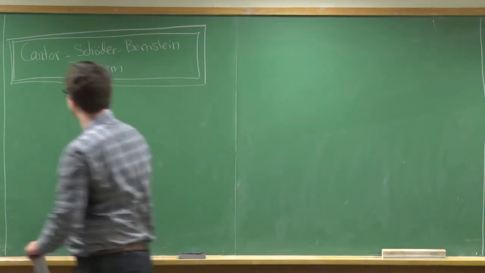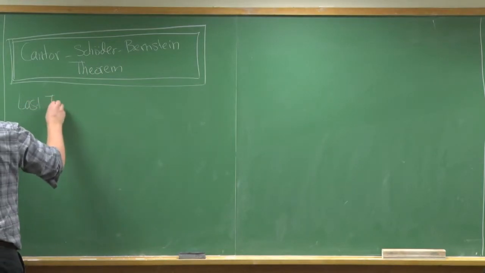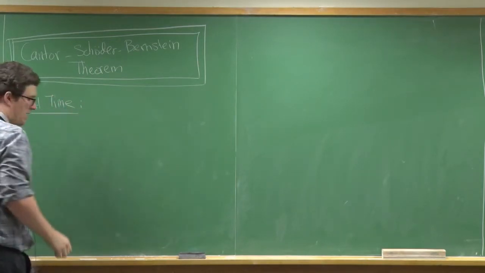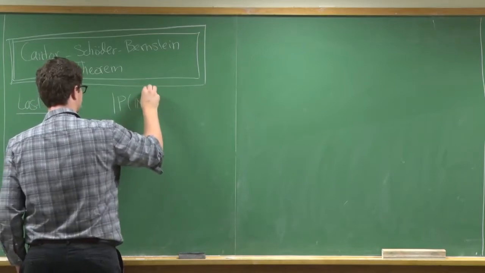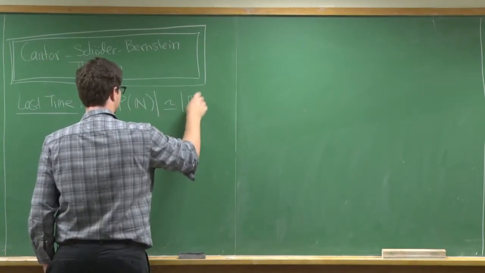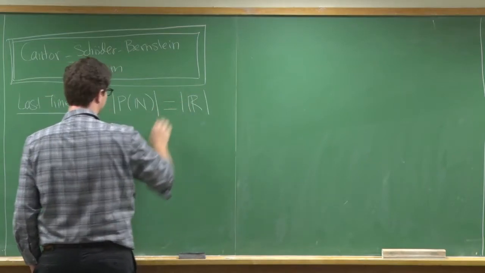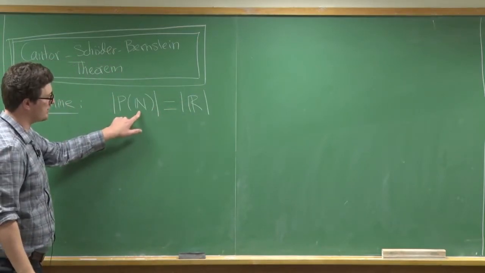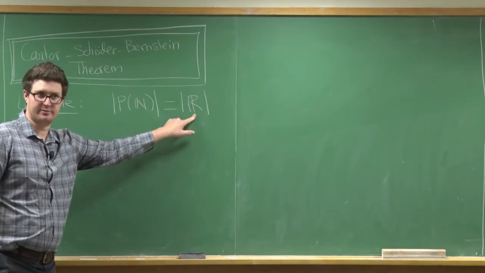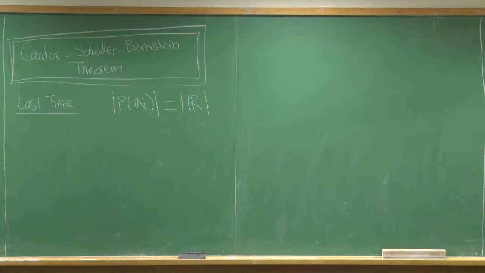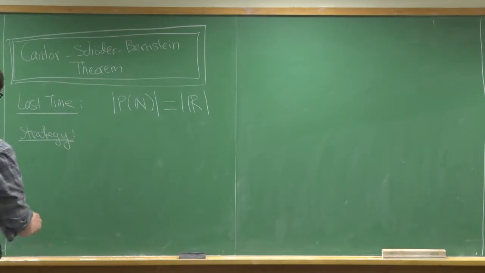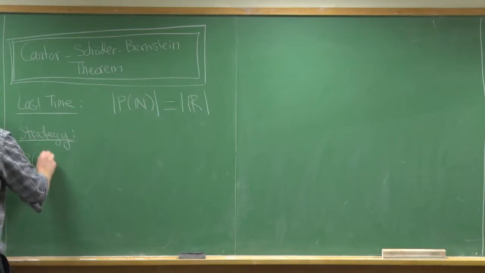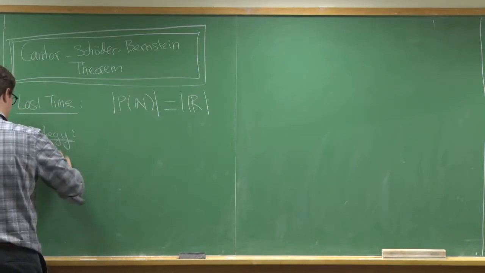Last time, the goal was to show that the cardinality of the natural numbers was equal to the cardinality of the power set of the natural numbers, which is equal to the cardinality of the continuum, the cardinality of the real numbers. Okay? So the strategy was the following. We showed that the power set of the natural numbers,